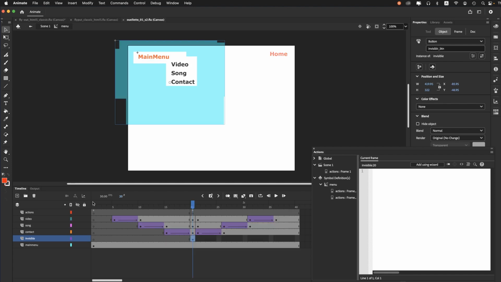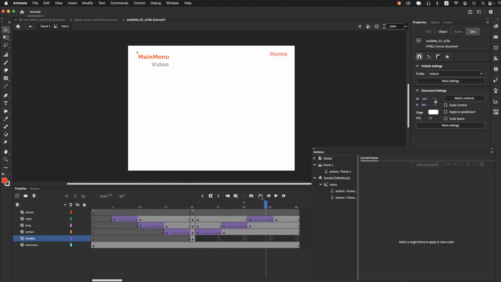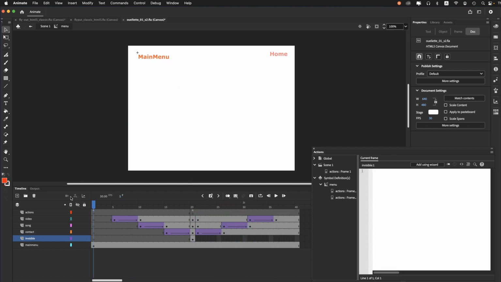So we'll start though by just engaging the toggle feature, which is when I mouse over this, the animation is engaged, and then it stops here. And then when I mouse away, in other words, when I mouse over the invisible button, it engages the animation again and sets it off backwards, and then ultimately stops on frame 1. So there's a toggle effect. So we're going to do this in 2 steps. We'll do the toggle feature, then we'll do the submenu. All right, so the toggle feature will be